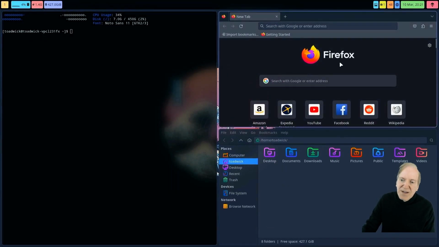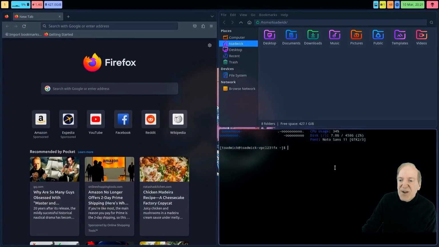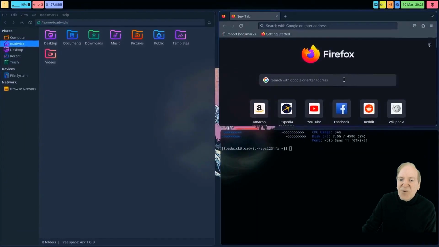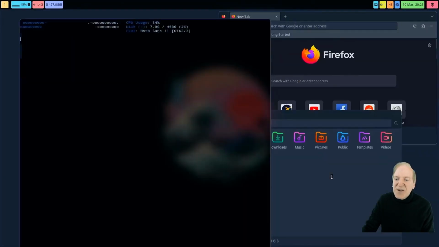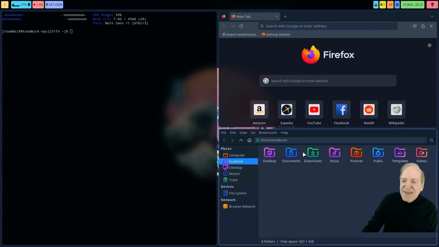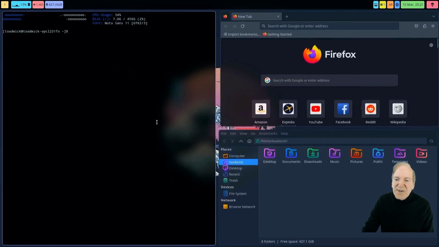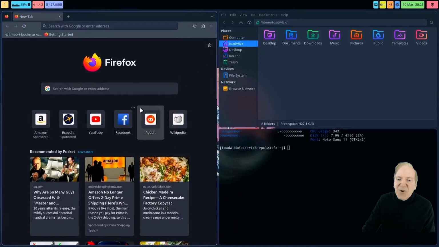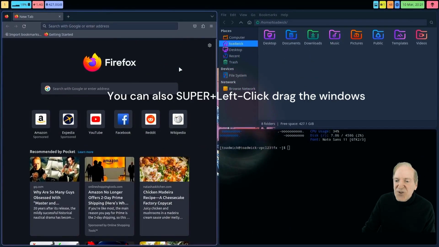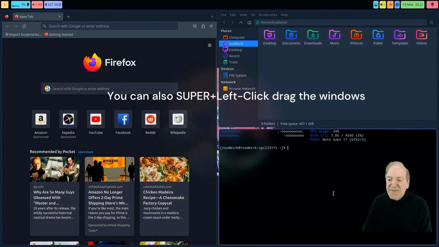So if I Super left click, it won't push it over there, but you can go from right to left. So that's what you want to remember, it goes in one direction. So super left click, but that way it won't go that way, if that makes sense. So you push your windows right to left with the super key and then the left click mouse there. So that's kind of how